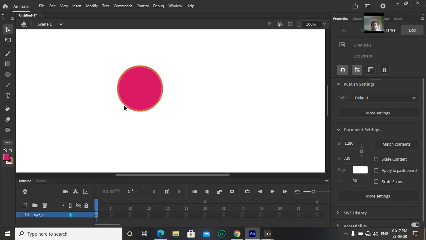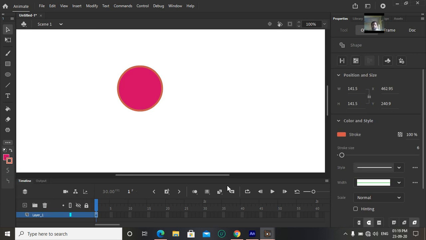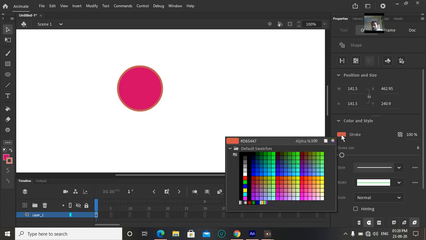Okay, now see here, when I press over here, this option is given. And we know its shortcut key: when I put the cursor here, the Ink Bucket tool option is called S. Now see here, if you want to change this stroke, a stroke option is given, and I am going to change the color of this stroke.